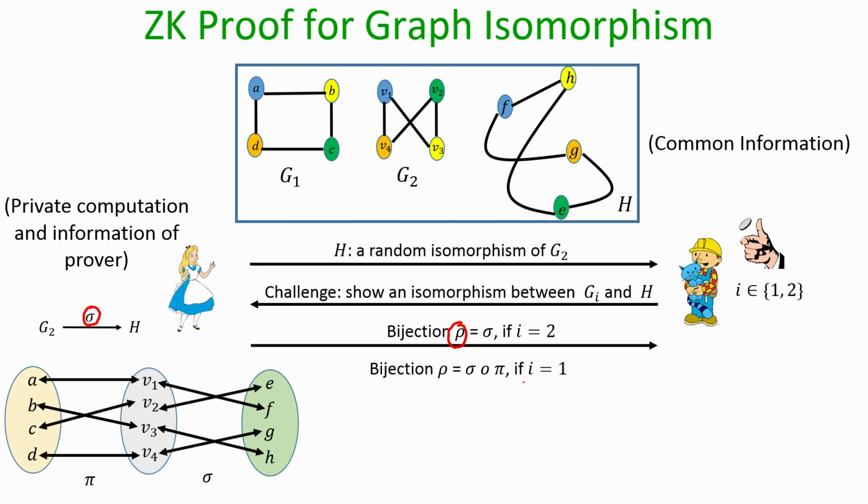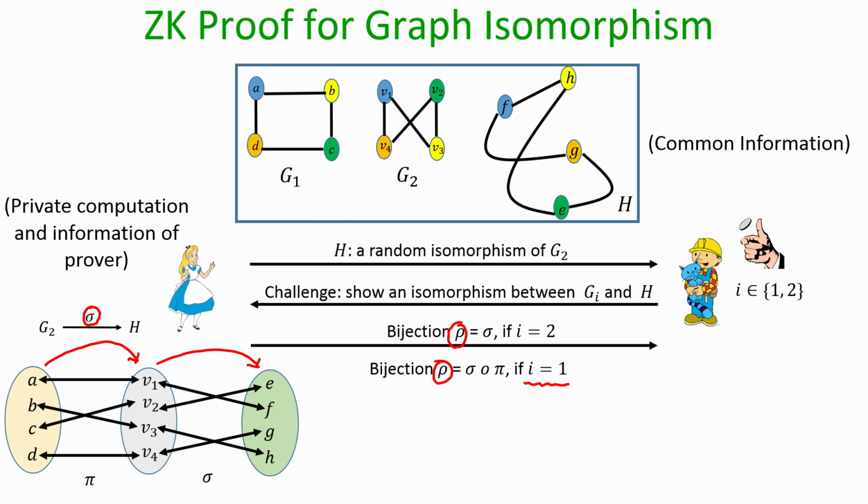On the other hand, if Bob has challenged Alice to show an isomorphism between graph G1 and H, then Alice can respond by composing the mapping pi, which was her witness, with the secret mapping sigma that she has chosen to go from the graph G2 to H. Because if we compose pi and sigma, then by using pi Alice comes from G1 to G2, and then composing again with the mapping sigma from G2 she can go to the graph H. So, the way to go from graph G1 to H is to compose the mapping pi with the mapping sigma, and if indeed Alice knows pi, she should be able to compose pi and sigma, and respond back with this response rho.